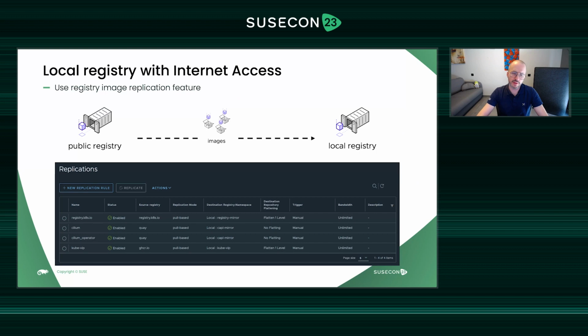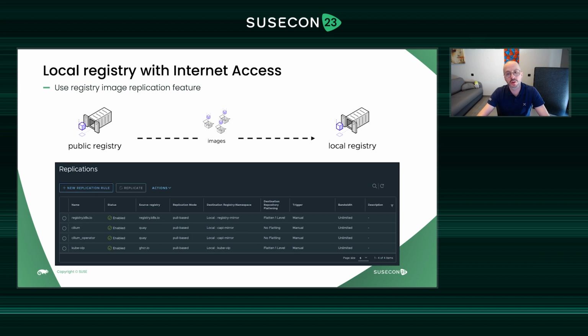So let's check the second step. Once you have your local registry in place, you can have two situations. If you are lucky and your company gives you access to the registry with a direct connection to the internet, it can simplify things a little bit, because you can put in place some replication feature to directly download images from the public registry and store them inside your local registry.